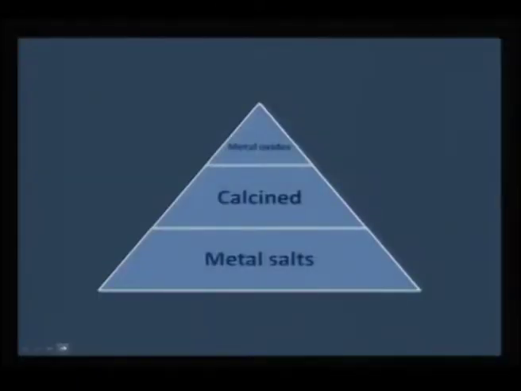In principle, any metal salt can be converted to the corresponding metal oxide. For example, if you start with a nitrate salt, let us say copper nitrate, and calcine it, then on calcination it is going to give the corresponding metal oxide. So, copper oxide you will get. If you make a mixture of two different metal salts, then you will get a mixture of two different metal oxides. But when we are trying to look for a final composition which is a single phase, then